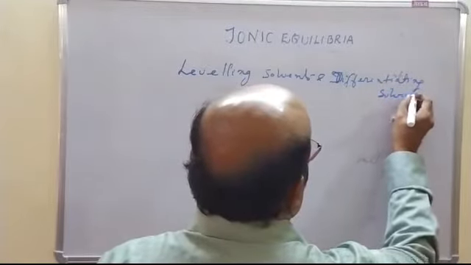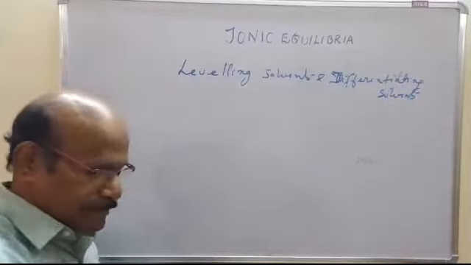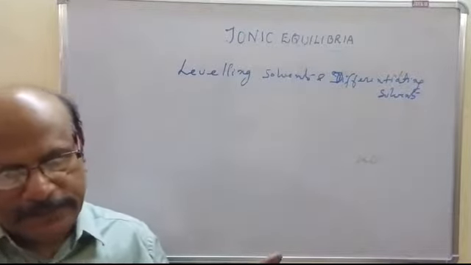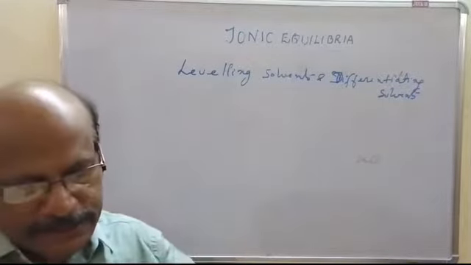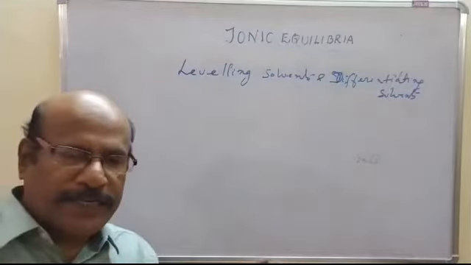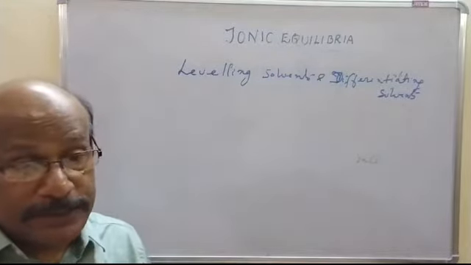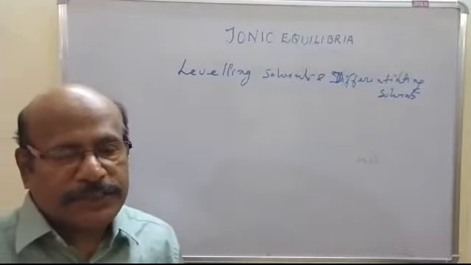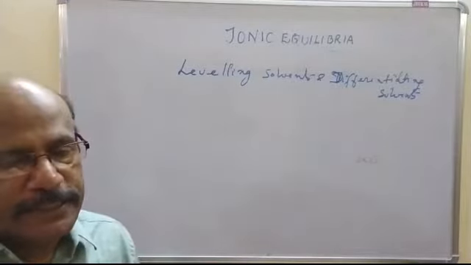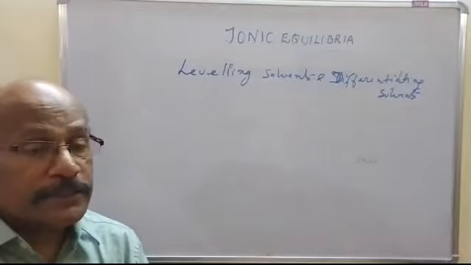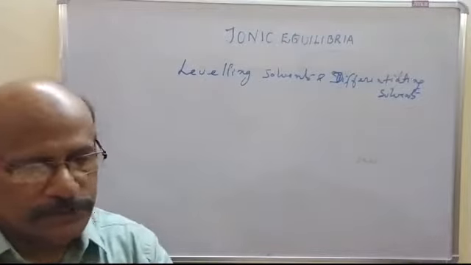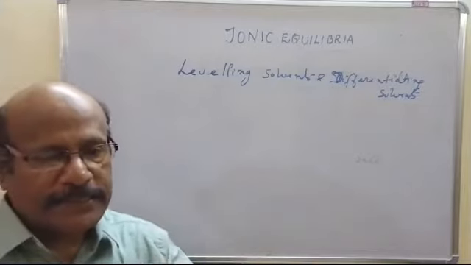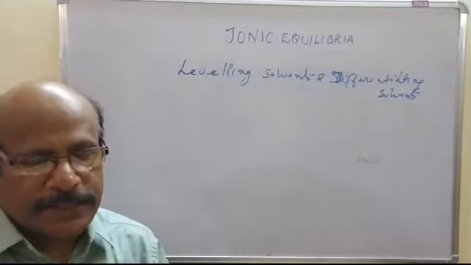So based on the Lowry-Brønsted theory, an acid can exhibit its strength, and similarly a base can also exhibit its strength, in aqueous medium or in a solvent. Though the relative strength of an acid or a base depends on the nature of the solvent in which it dissolves. That's the situation. So for an acid to act as an acid,